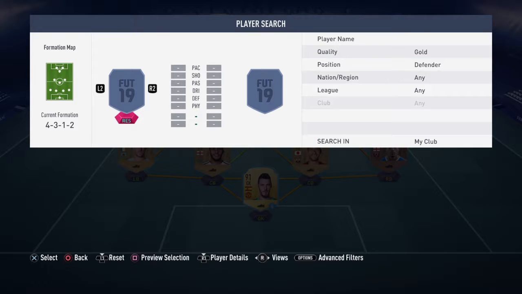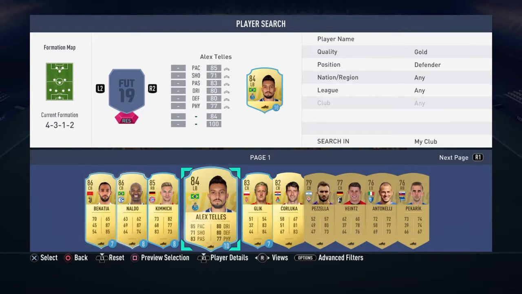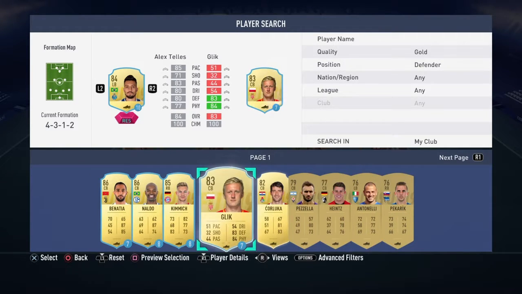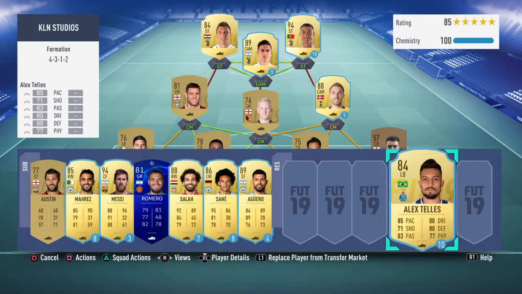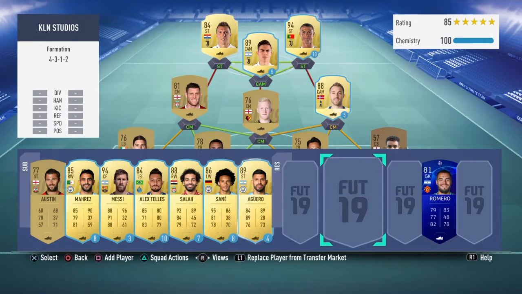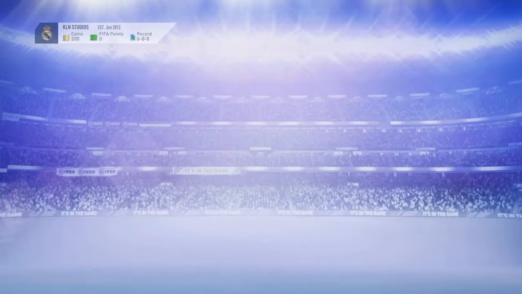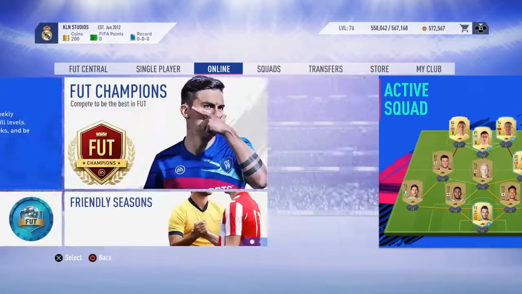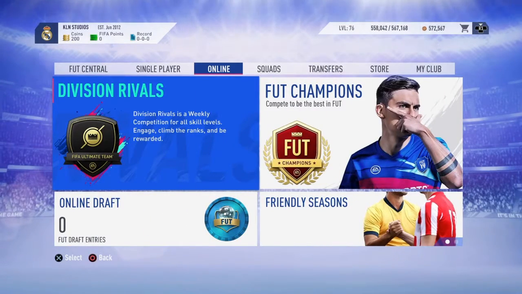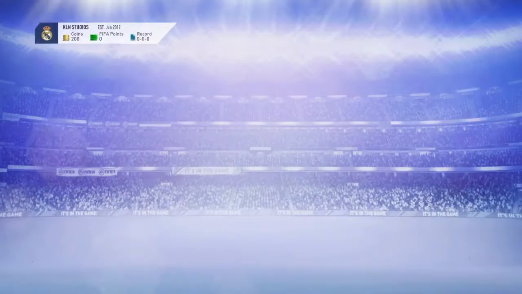So defending has improved, shooting, the timed finishing does make a massive difference. Gameplay, passing has changed a lot. You just make a pass and the ball will literally stop before the throw-in line or the goal kick line. I'm just gonna bring on Tellez for the 57 Razor, centre back and right back when the game starts. I didn't do any dynamic tactics or anything of that sort, but we are just gonna go ahead and play a match in Division Rivals. I did not show the match